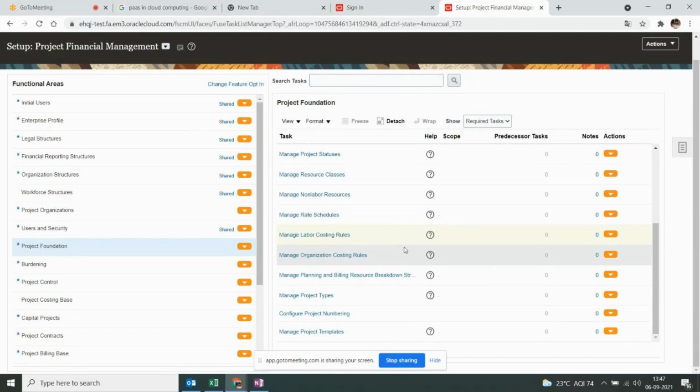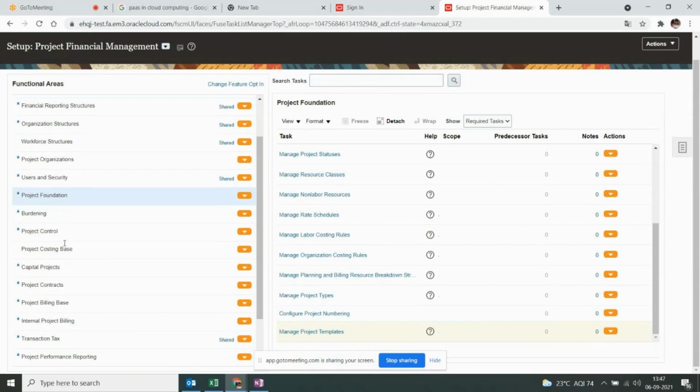Got it, guys? Is project type related to project billing or project costing, or let's say project template? Is it specifically related to any project costing or billing? No, right? It's a generic one. So all those things will be listed down under project foundation. In the same way, you can also see